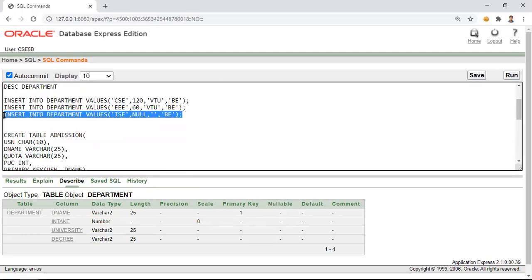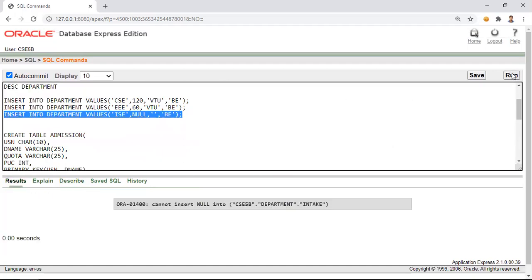So now can we insert this with intake blank? No, it is not allowed. Cannot insert null into this one. So intake cannot be null. So let us do this. Now will it take? Once again, we cannot insert null value into university.